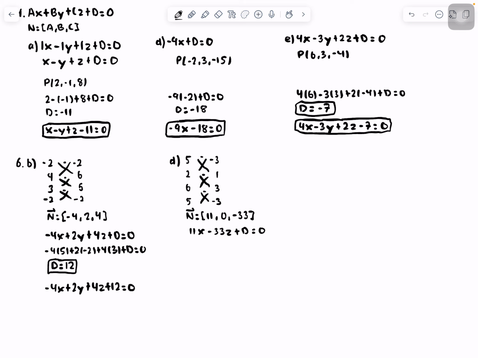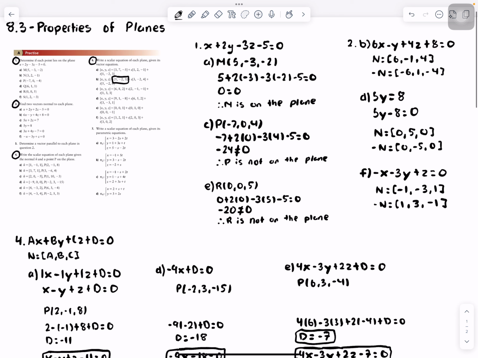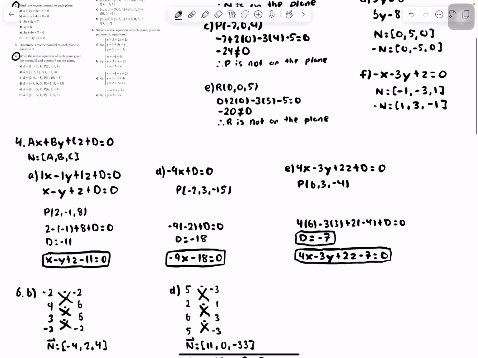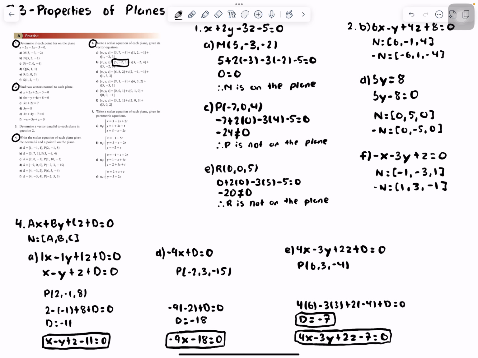Okay, and now we can substitute our, I'm going to just call this line subbing in position vector of plane. I'm going to try to dedicate this line to that, going horizontally across. So it's the same procedure. So this time the position vector we're going to sub in will be doing question D, yeah. So it'll be this guy,